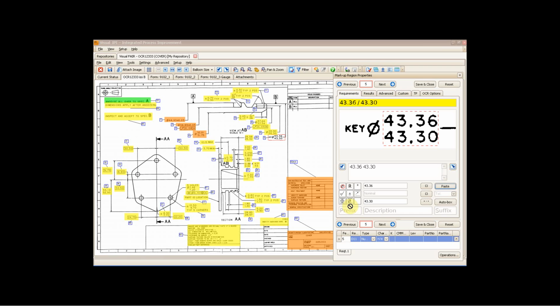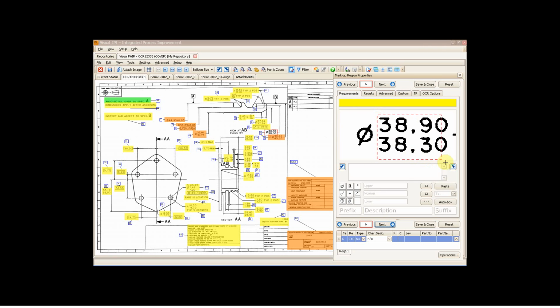So here I'm going to, in fact, let's just grab the word key and drag and drop that and place that in front. And down the bottom here, if I just scroll that out, you can see this is the characteristic designator field, and I can select, in this case Rolls-Royce, call them CCFs, conformance control features, and then click